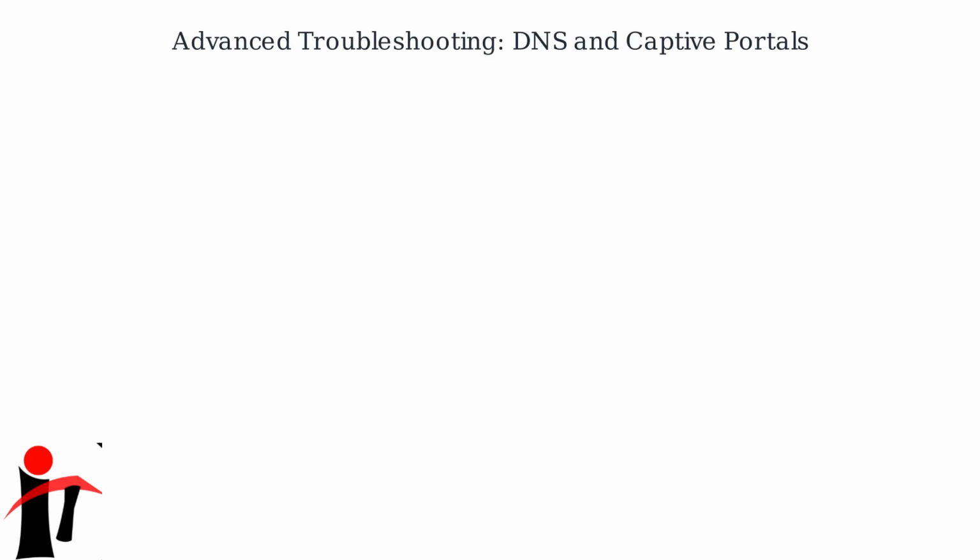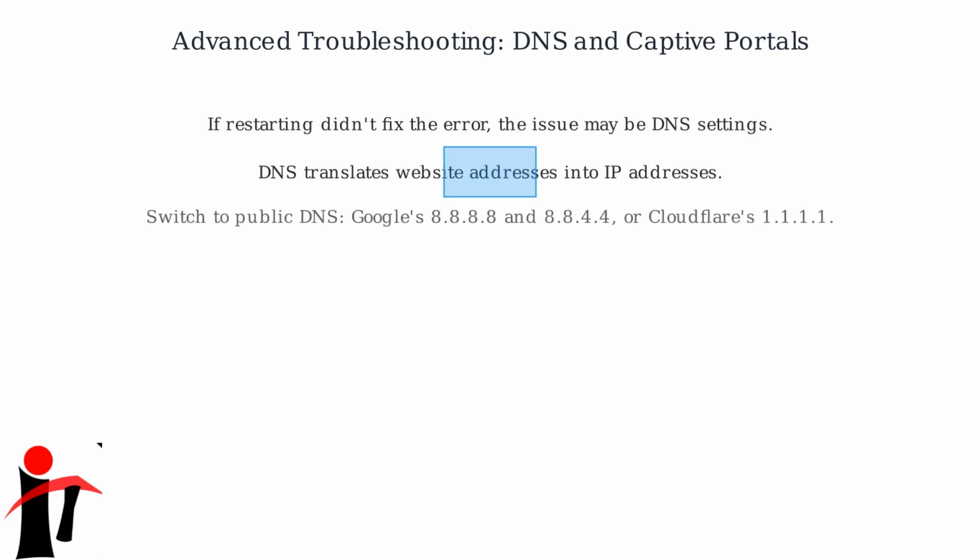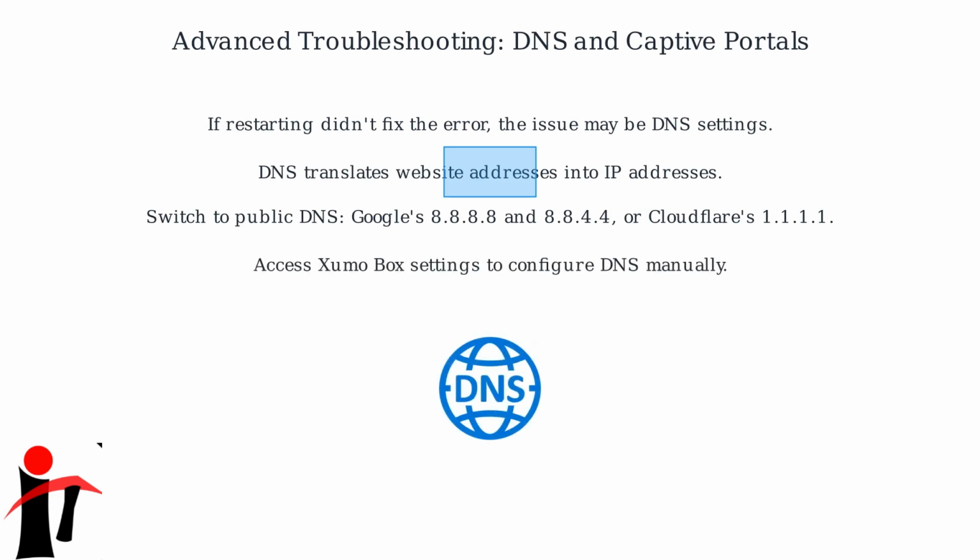If restarting your equipment didn't fix the no internet connection error, the issue likely lies with DNS settings or a captive portal. Your Xumo Box uses DNS servers to translate website addresses into IP addresses. If your ISP's DNS servers are unreliable, switch to a public DNS server like Google's 8.8.8.8 and 8.8.4.4 or Cloudflare's